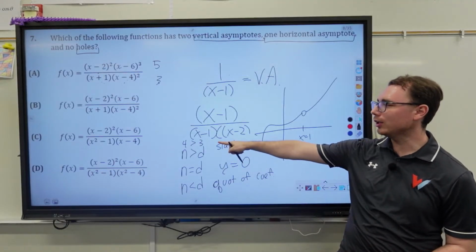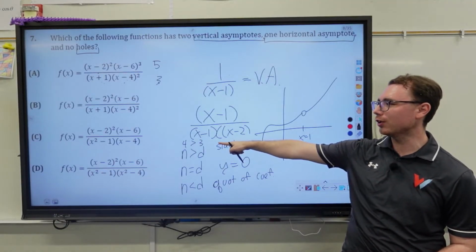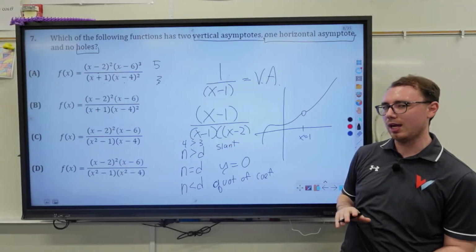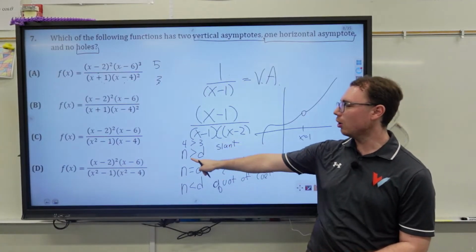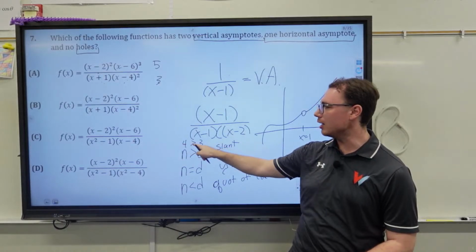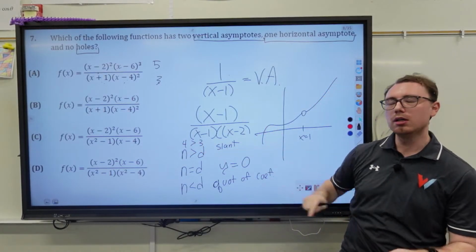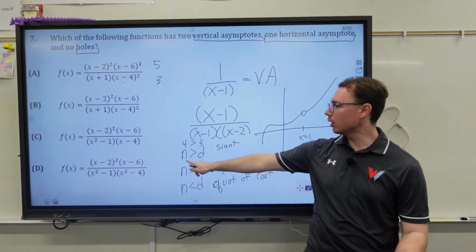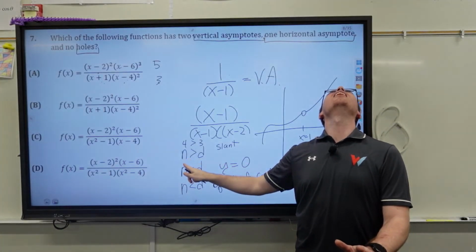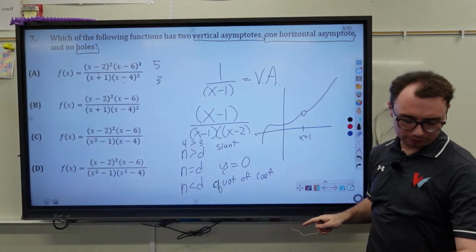I don't know if we can fully cover this. If you guys want to go further into this slanted asymptote, we can in class. But I think it's only when N is 1 greater than D where it creates that slanted asymptote. For the time being, we're good just to keep this at our values of, no,